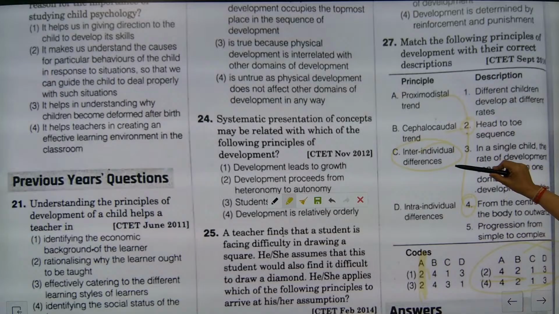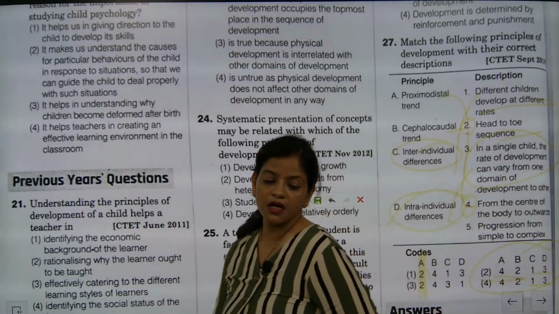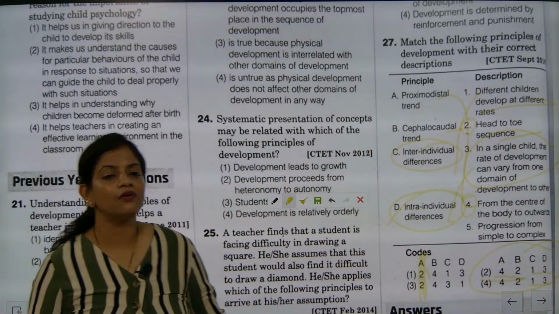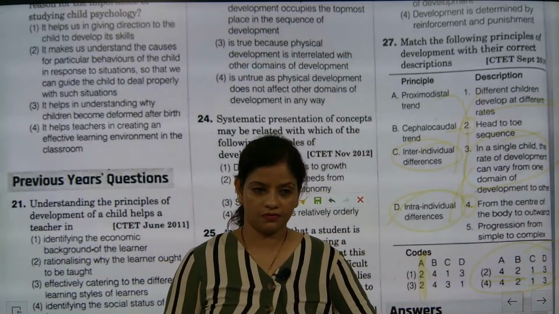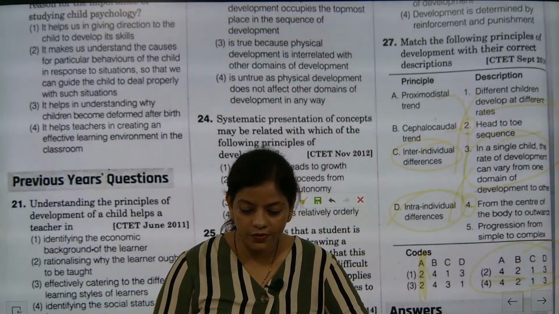Inter-individual differences: different children have different rates of development. And next, intra-individual differences: in a single child, the rate of development can vary from one domain to another. It's not like the full body will grow at the same pace. It will vary. Okay. So with this, we came to